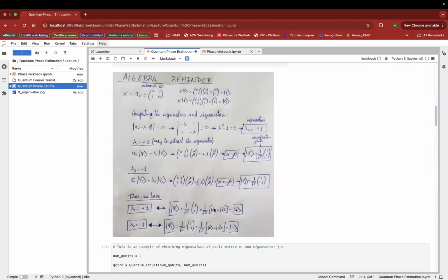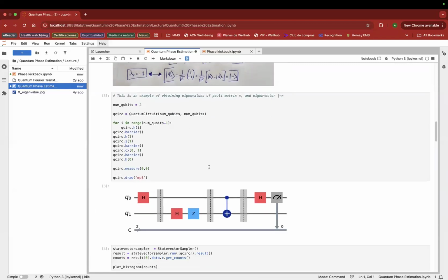Okay, I'm just going to explain this example in more detail because I don't want to confuse you as I explain it now. You understand this? Perfect. We go on.